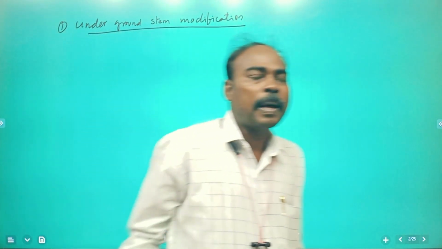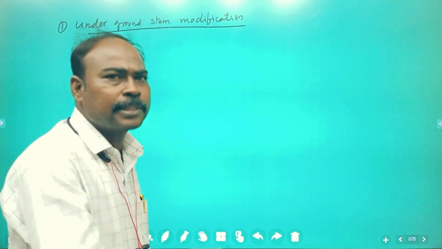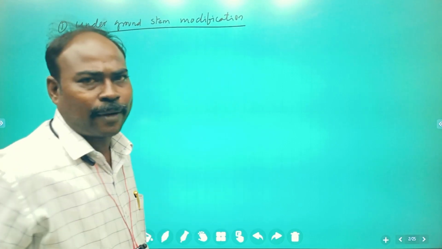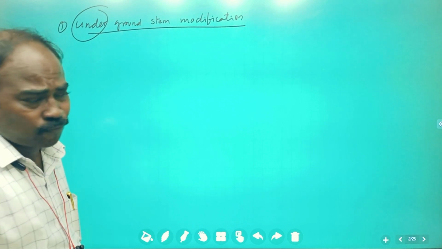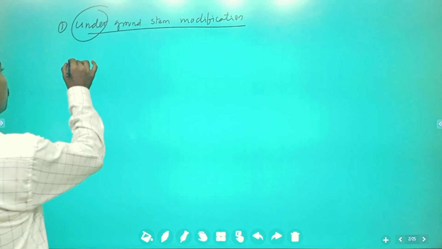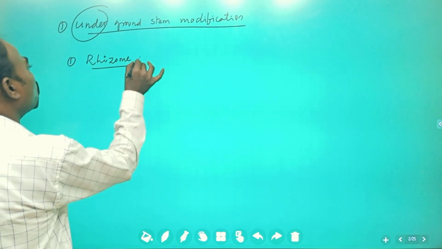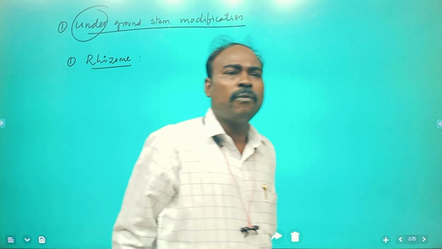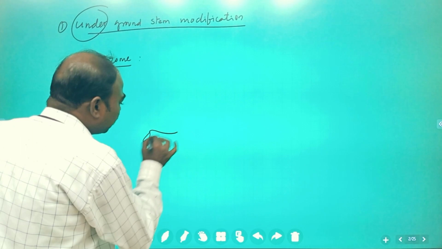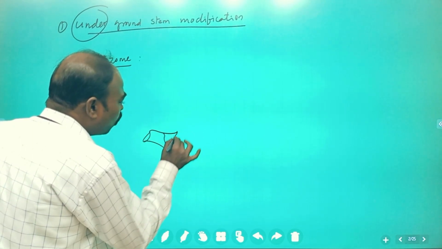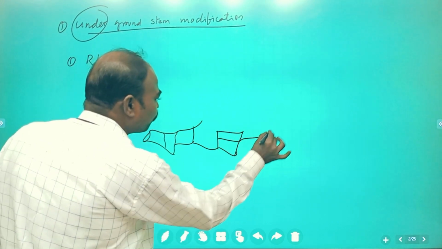In some plants, the complete stem is buried in the soil and grows in the soil, and only the aerial branches develop with leaves. Such plants are said to have underground stems. Such modifications are observed in different plants. First of all, the rhizome. The rhizome is one of the underground stems. Here, beneath the soil, the underground portion of the stem is a horizontally growing shoot system.